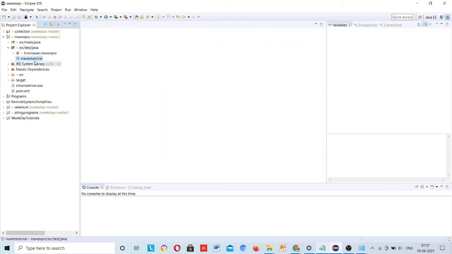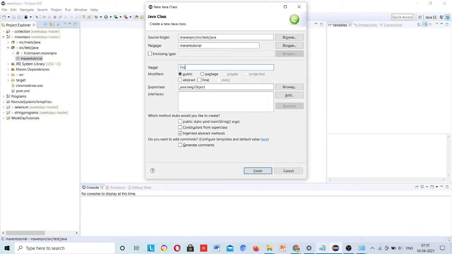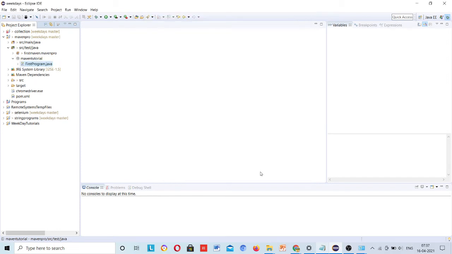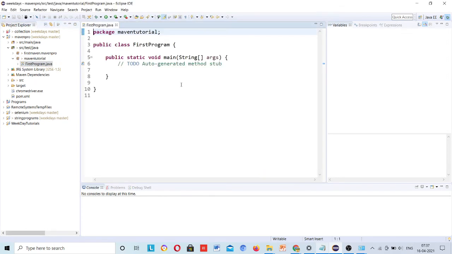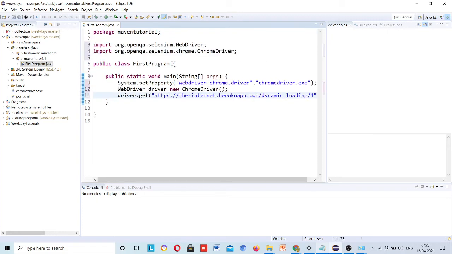Okay, and then right click and create a class, first program. Click on public static void main and then paste all those lines. Now I have to run our program.